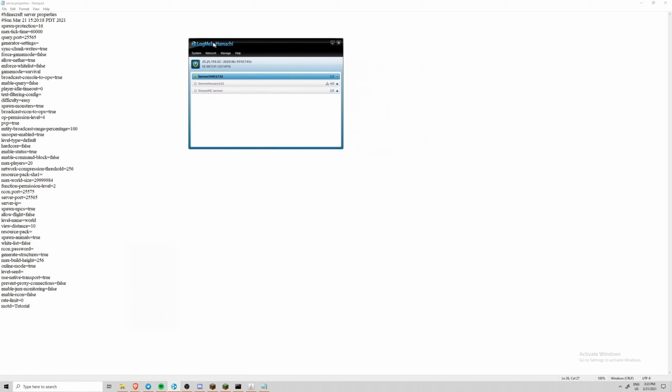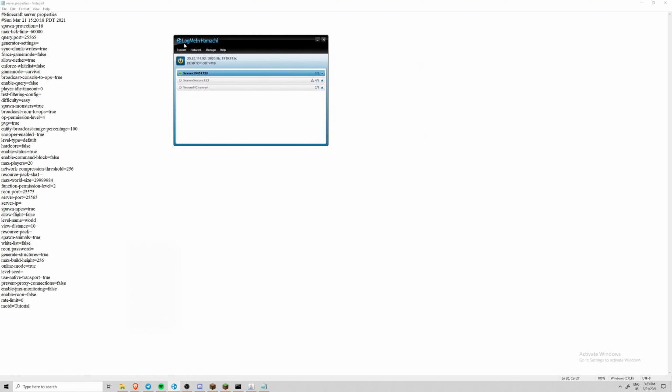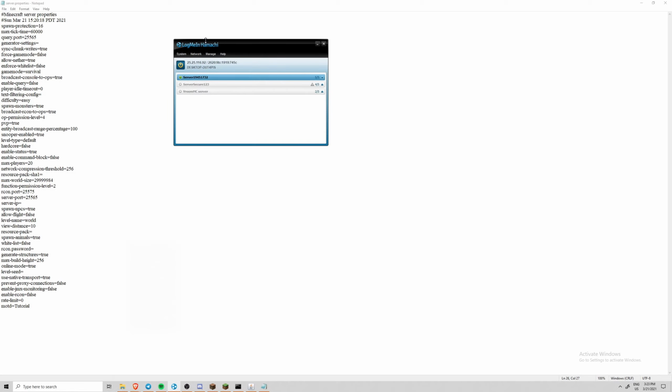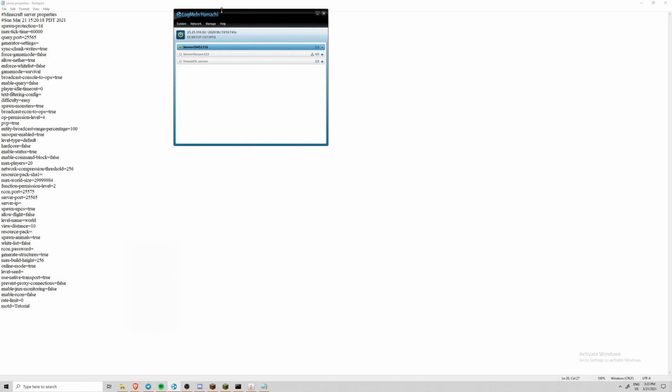Basically what this program does is create a direct tunnel between your friend's computer, or however many friends you have, and your computer. It's a paid program, however you can use it for free, but you can only have 5 members per network. However, you can create as many networks as you would like, and you can have